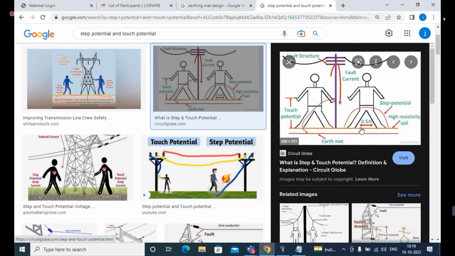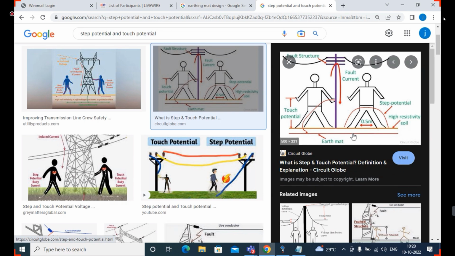While the fault current moves from the transmission tower to grounding, at that time, if any grounding wire is damaged or cut, and any person walks at that place, they will sense an electric shock.